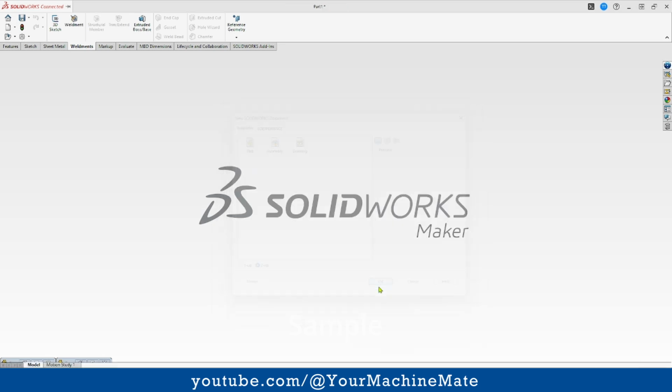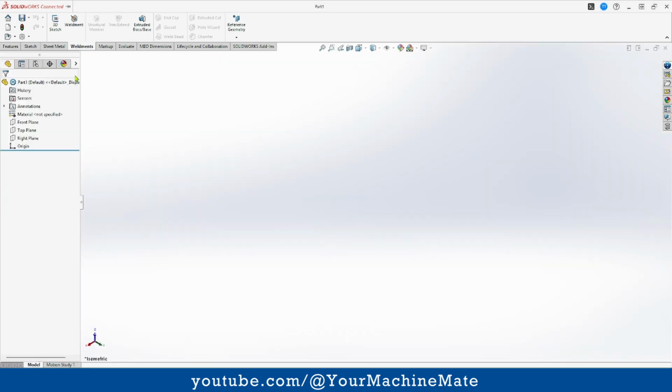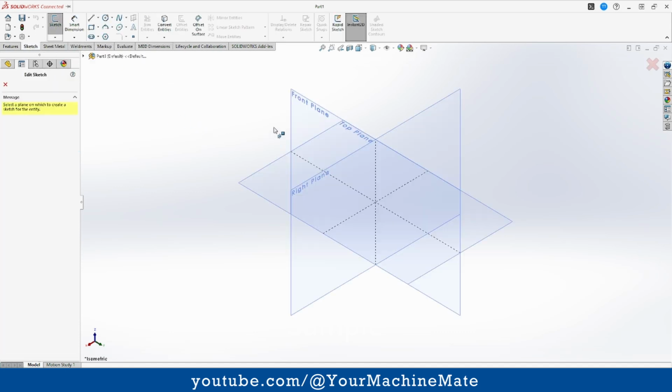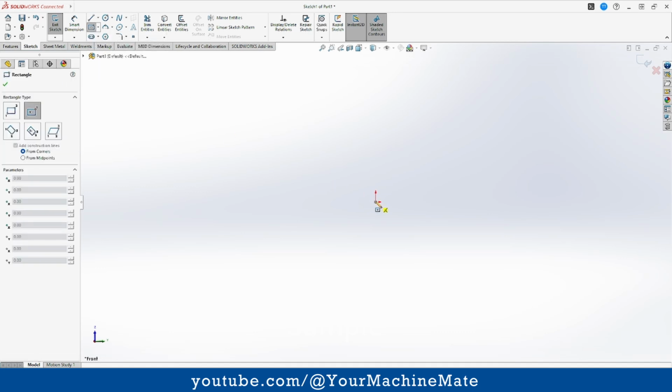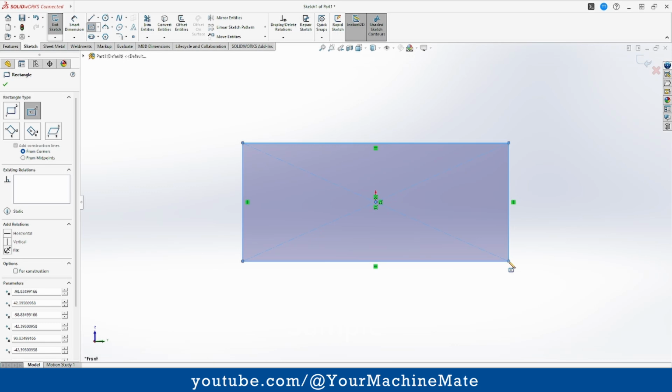So we'll go to a new part and then we get into sketch mode. Sketch, we'll just do it on the front plane. Okay, so today I am going to make a 76 by 38 RHS tube that is 1.6 millimeter thick. So nice and easy. We'll start with a center rectangle, put it in the origin, pull it out, and we'll